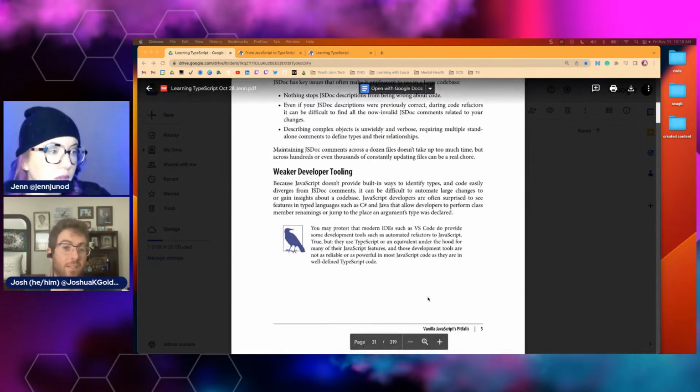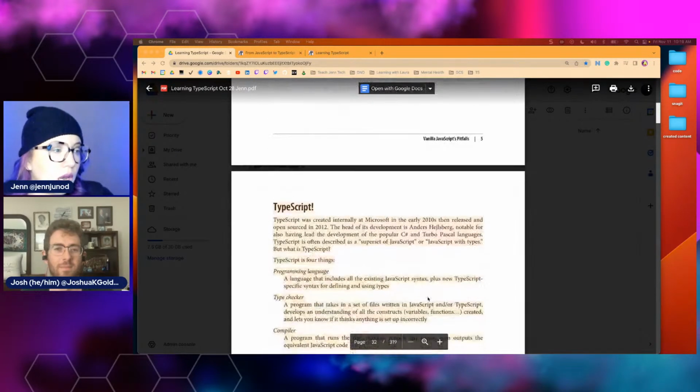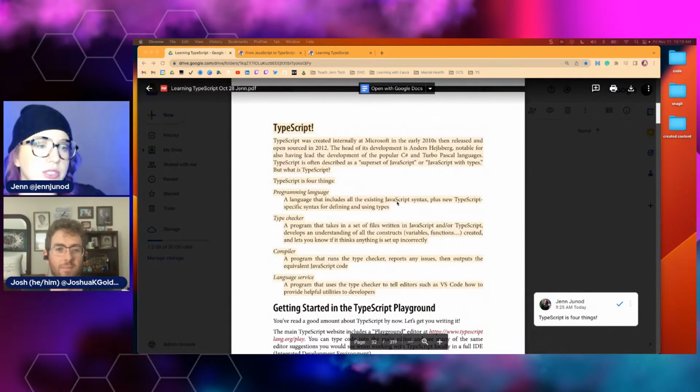So, makes sense. Now, this was something that I found really interesting, and yes, y'all, I highlighted it. It made me very, very happy to highlight it. The definition of TypeScript is 4 things. So, a programming language, and I'm not reading these because I want to talk about them. The programming language makes sense to me because it's a language you use to create things. No, you're talking about TypeScript, right? Yes, TypeScript is 4. Cool. And then a type checker.